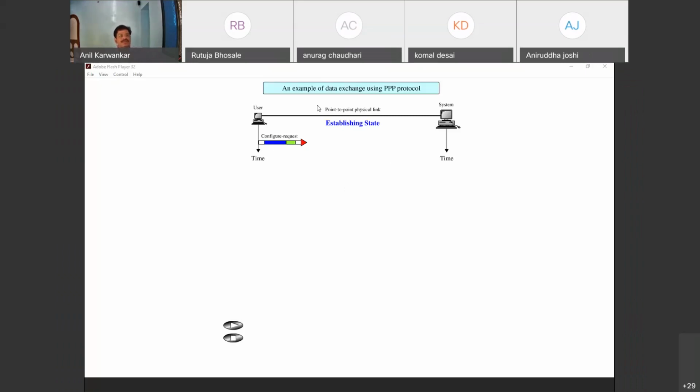Here, the user is connected to the system. This is a service provider. In Point-to-Point Protocol, a physical link is established between the user and the provider. This may be a telephone line, an optical fiber cable, or any other communication media which connects two different points of the data network.